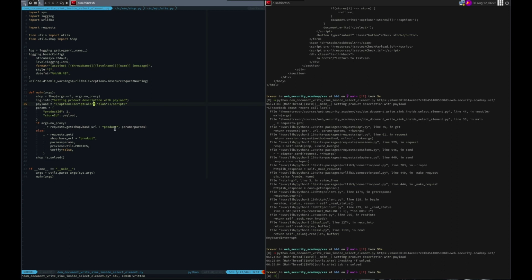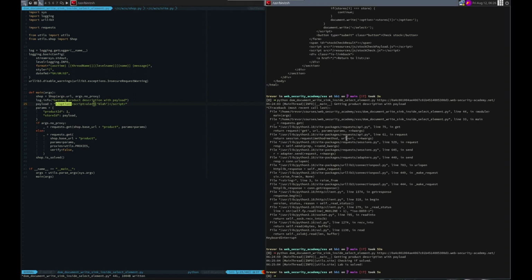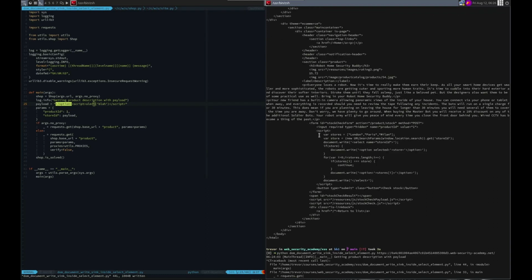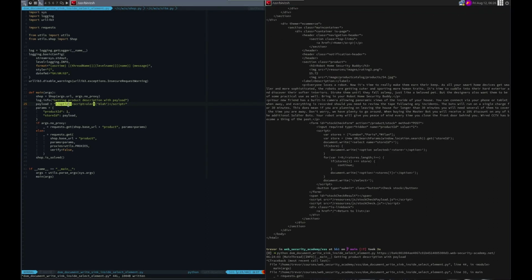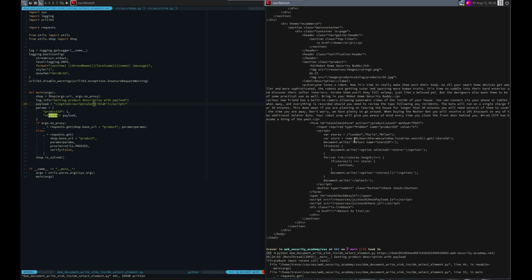We did build the URL, put our payload in. Our payload just ended the option in that drop-down box and then added the script tags around our alert. We did a get with that, not a post. When the JavaScript that was written on the page found our store ID, right here, the store ID with our payload, it found that right here